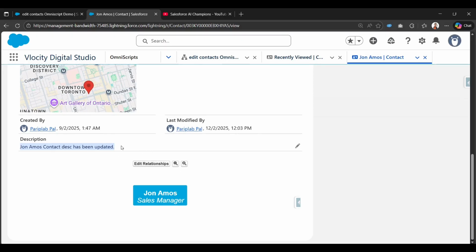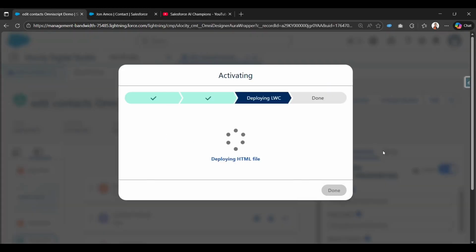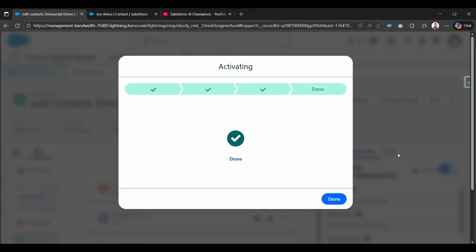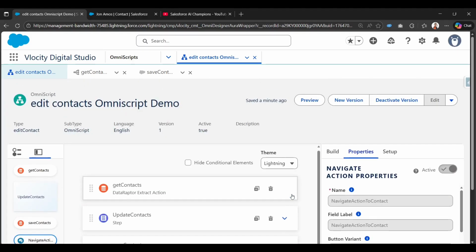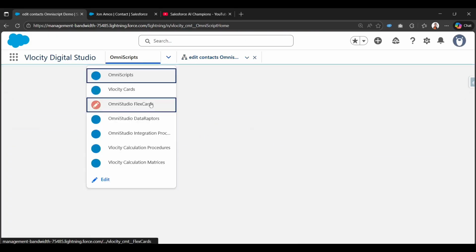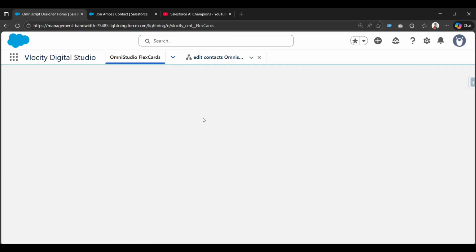So this is the recent text that I wrote, and after activating the OmniScript, we can refer to the OmniScript as an action in the FlexCard. So now I will just go to the FlexCard and OmniStudio FlexCard,